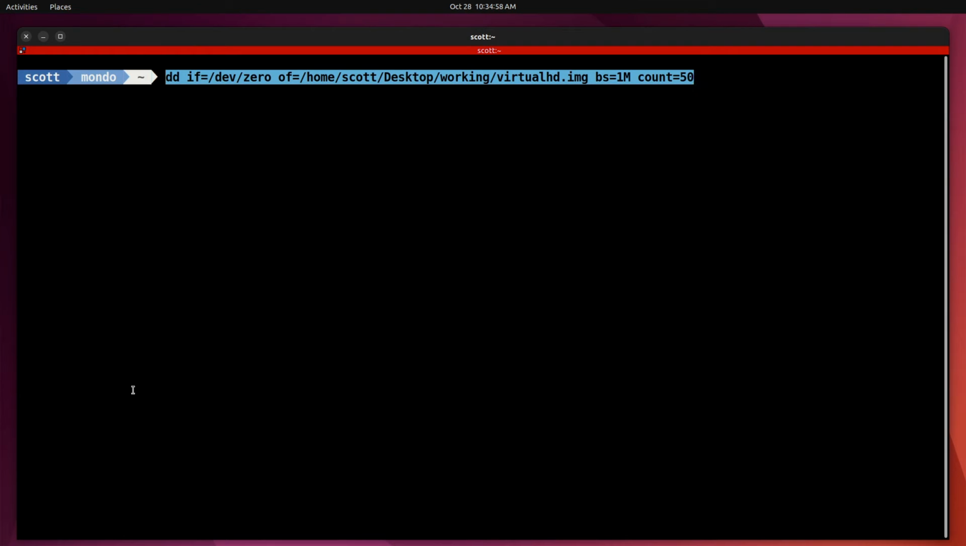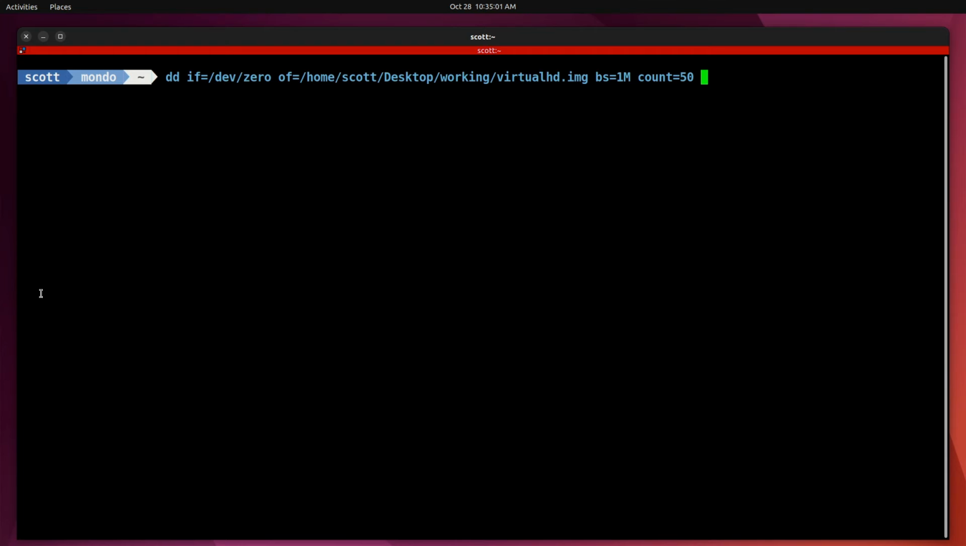So what we want to do is execute a DD command, which is known as disk duplicator, and sometimes it's also referred to as data destroyer, because if you make the wrong command, you can wipe out a disk very easily. So we're doing a dd if, which is input file, equals /dev/zero, which is just a way to push zeros or create blocks on a block-oriented file or disk. And then I'm doing an output file equals